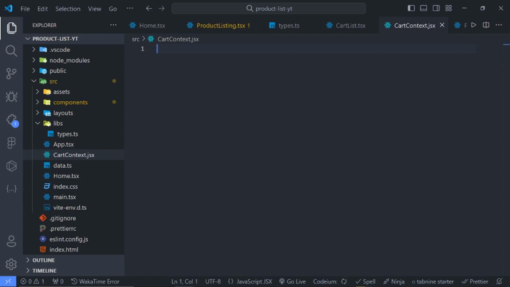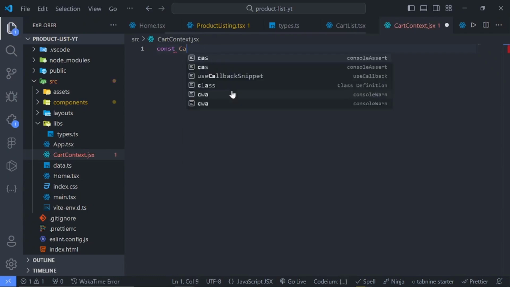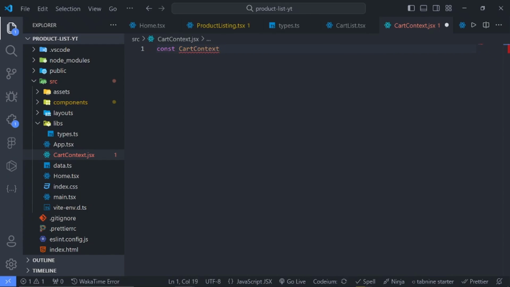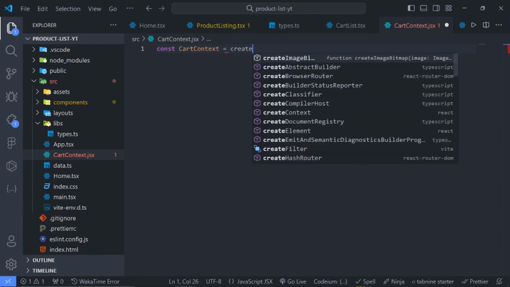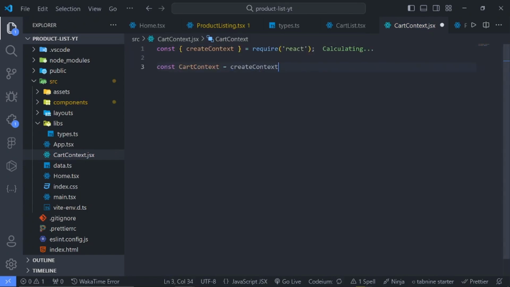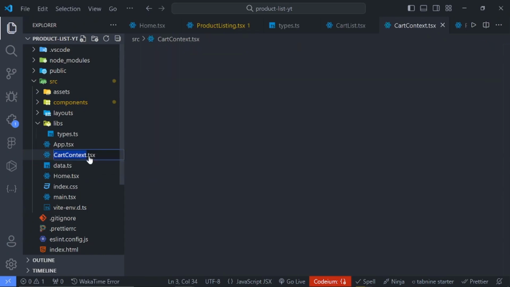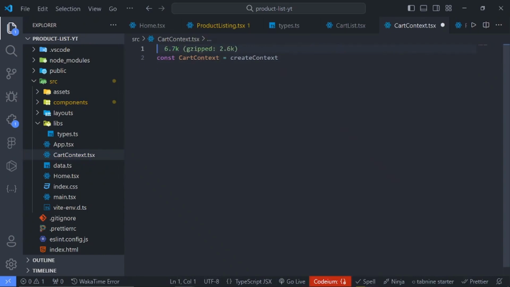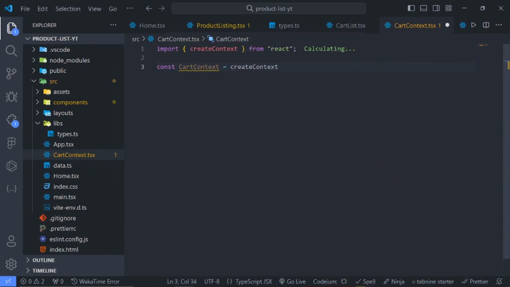So I will create a variable called cartContext, and I will bring in this createContext that React gives to us. And my bad, this should be TSX. I was wondering why I was seeing required, so I will import this again. Okay,